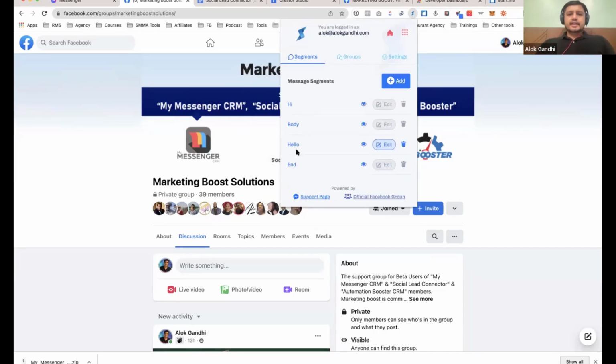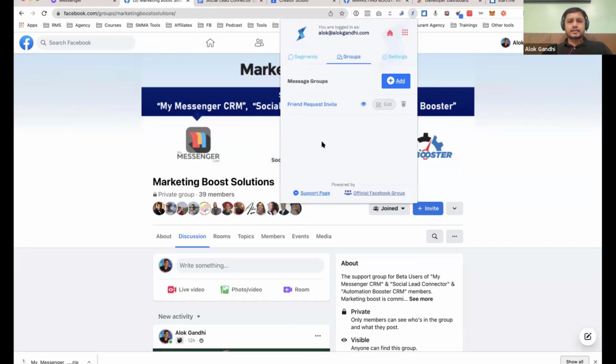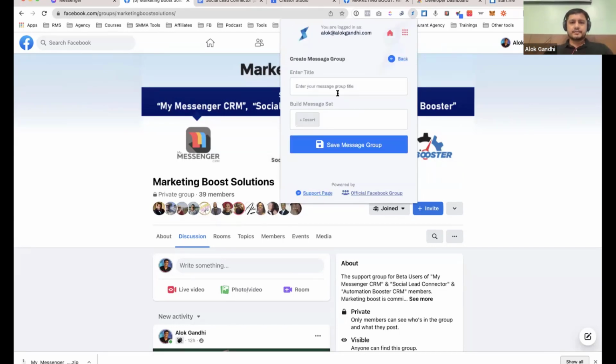The reason we are creating this is so that we can group them together and form a whole sentence. So segments are created. If you can imagine different pieces of the whole sentence, restructure them and create them in advance, you can use them anywhere. So what we're going to do is create a different group. I clicked on group here. Now I want to merge two segments and create a group which will complete the whole sentence. So I would click on add.